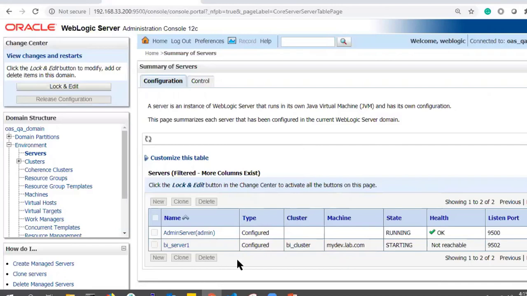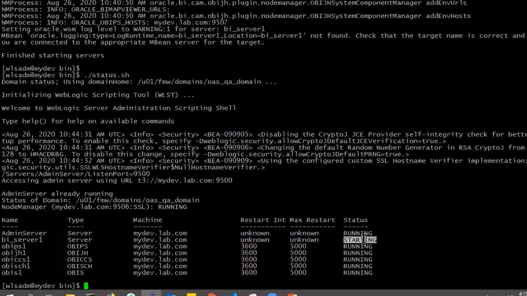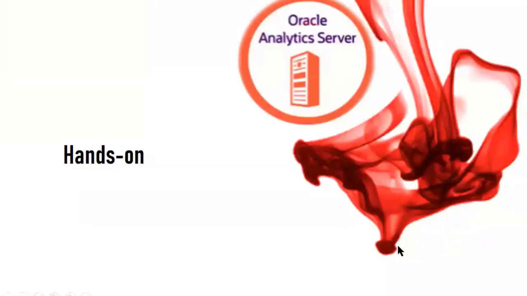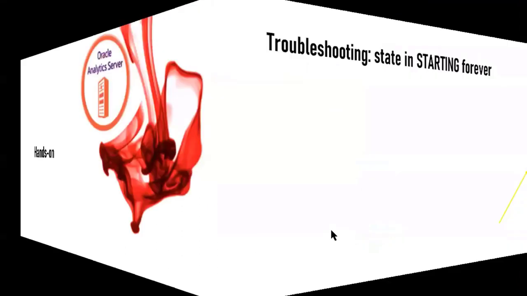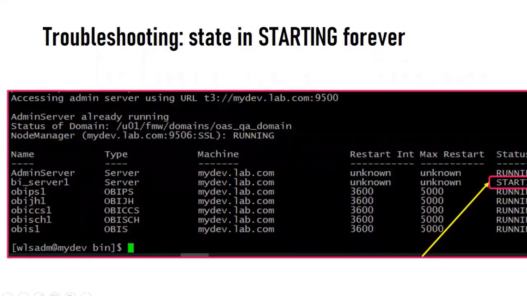But in this experiment we are carrying out in VirtualBox, Vagrant VirtualBox. That's why there is insufficient space or RAM memory from the host machine. That's why it is taking a longer time to come to the running state. All right, so this is one of the important aspects, how we can start and stop, and the basic troubleshooting, which just now we have seen, where the server is in running state infinitely.